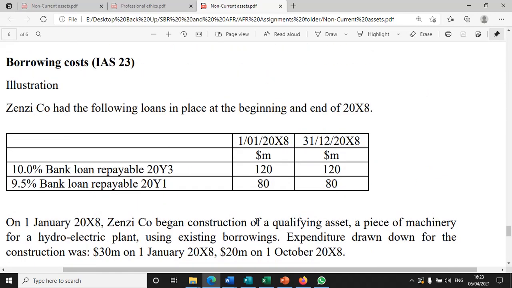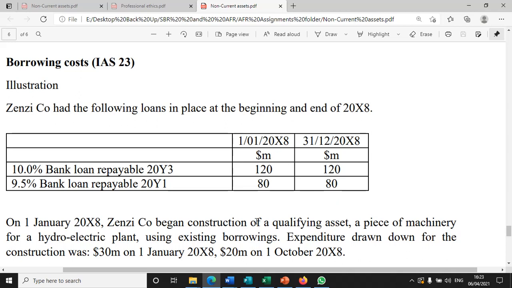Borrowing costs. Now again, borrowing costs, this is interest really that is to be capitalized in the cost of a qualifying asset, because for you to access funds from the bank, you needed to do so at a cost. We have got a question, and it says Zanzi company has the following loans in place at the beginning of the year. We have got a